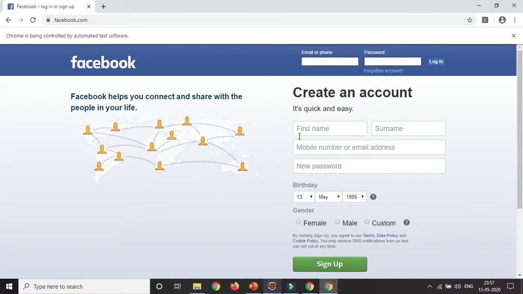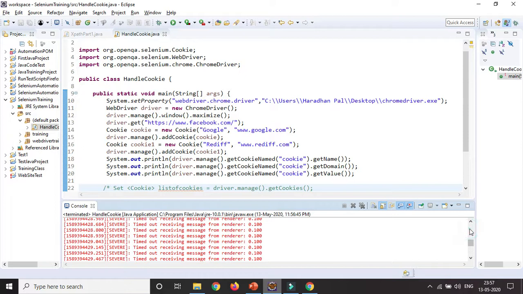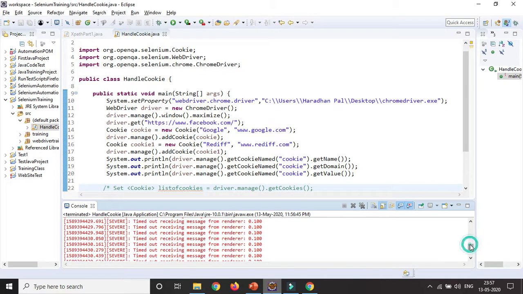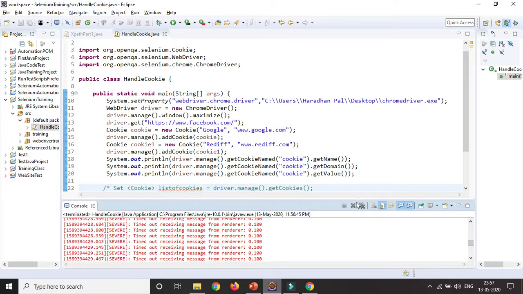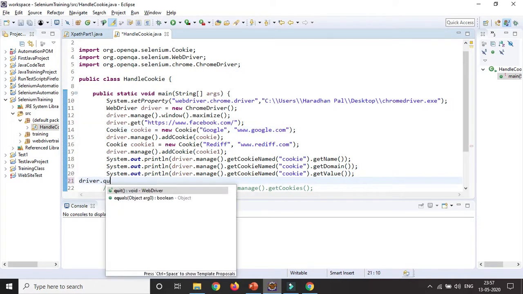You close the browser. So I already closed it. That is the reason maybe it is throwing some error. Okay, so let's add some code here. driver.quit, so automatically it will quit the driver. driver.quit.